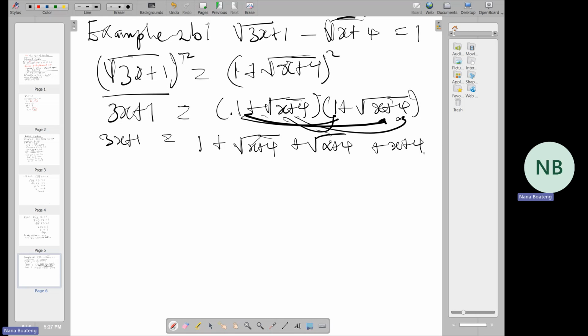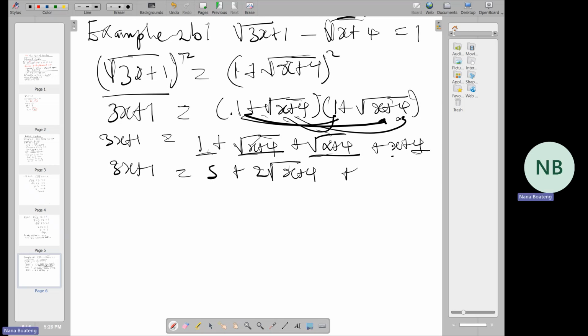So from here, we have 3x plus 1 is equal to 1 plus 4, which is 5, plus the square root of x plus 4 plus the square root of x plus 4 gives us 2 square root of x plus 4,